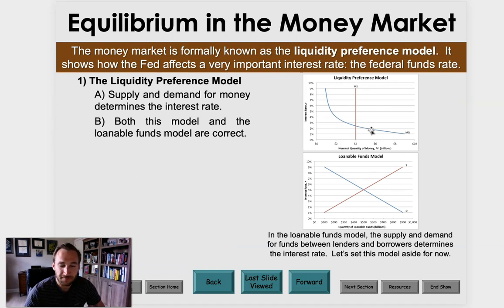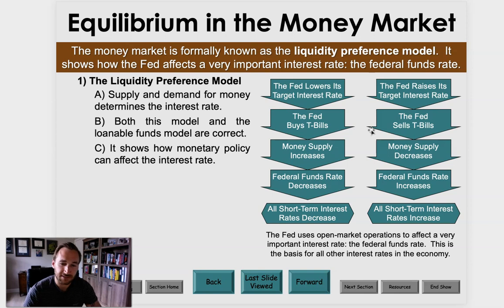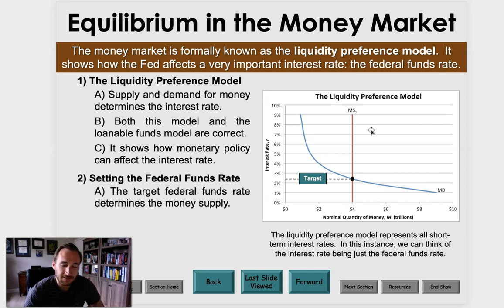So the liquidity preference model is kind of the same thing as a loanable funds model. It's just the way we use to talk about how much money is demanded, how much money is supplied, and then we find that happy medium or equilibrium point that is our interest rate. This whole diagram right here is just showing you that both models lead to the same point. So of course, this leads to the federal funds rate.